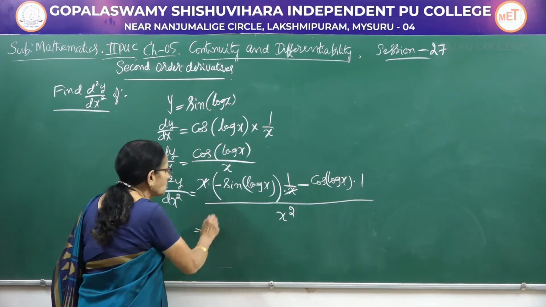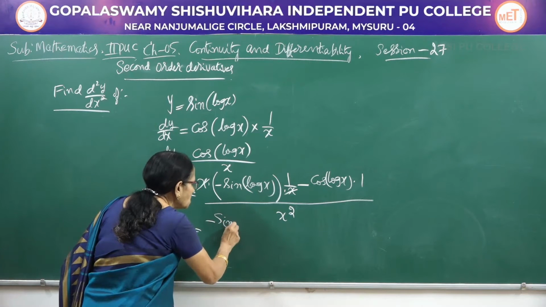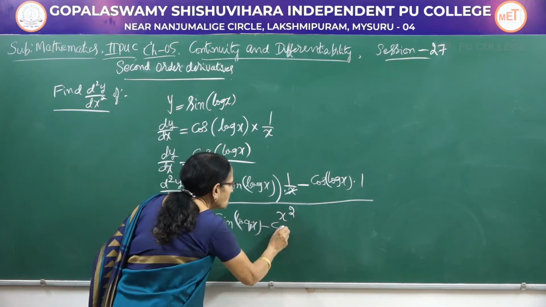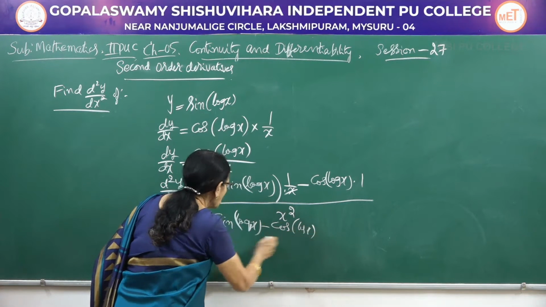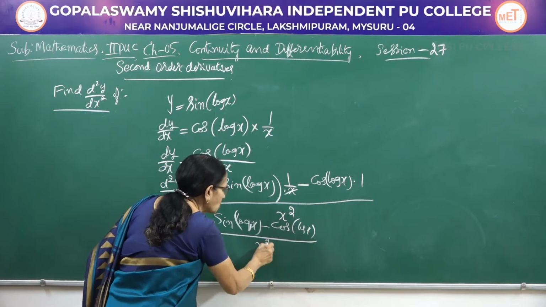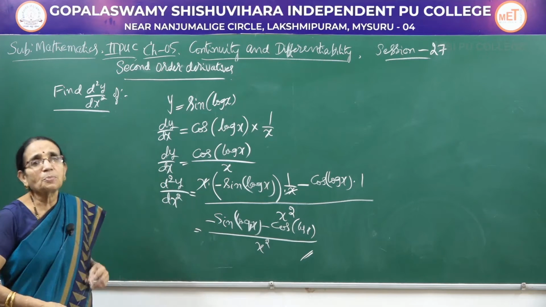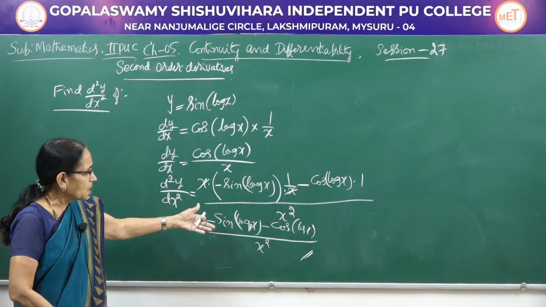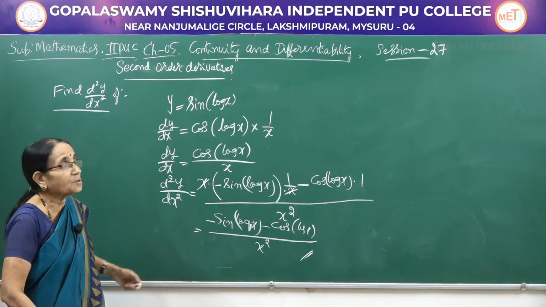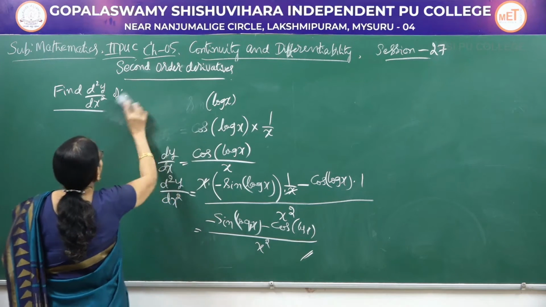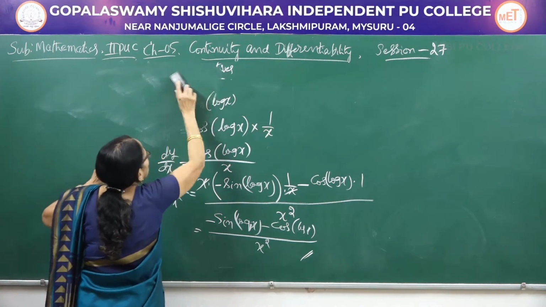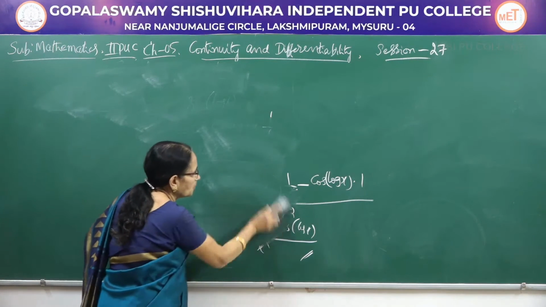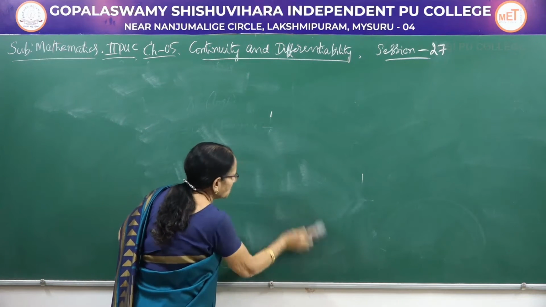So, what is remaining now? It is minus sin of log x, minus cos of log x, then whole thing divided by x square. Now, you cannot do any simplification here because it is a composite function. You can take out a minus sign as common factor, but that is the only possibility, and taking out only the minus sign does not serve any purpose. Therefore, do not take the common factor. You just write the terms as they are.